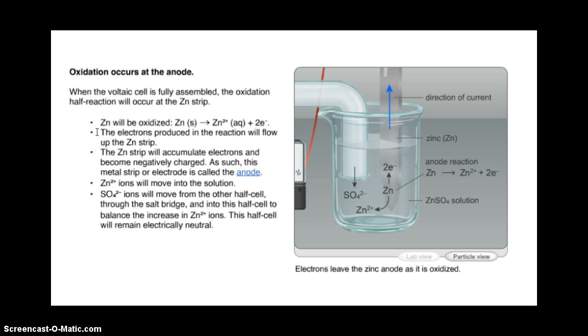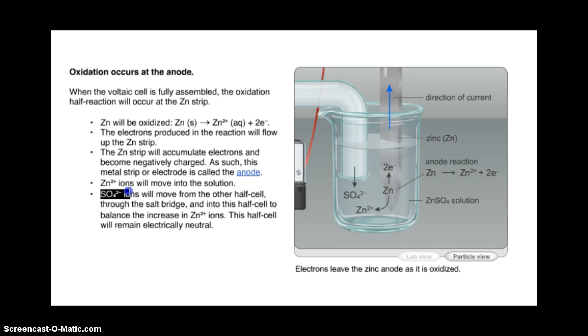The electrons produced in the reaction will flow up the zinc strip. Okay, so here we have zinc, right? We have our pure zinc here. The zinc turns into zinc 2+, and that goes into the solution, and it has the 2 electrons. And the electrons go up, up, up the zinc because it's going to go through the wire here eventually. This zinc strip will accumulate electrons and become negatively charged. As such, this metal strip or electrode is called the anode, a negative end. Zinc 2+ ions will move into solution,